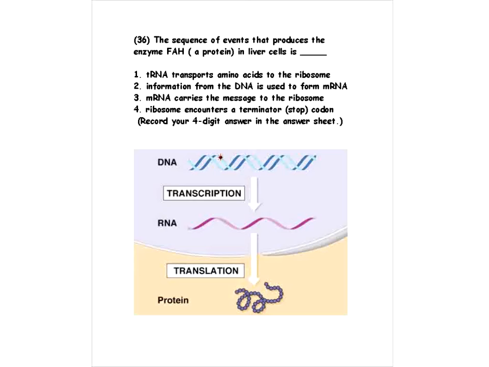So I'm just going to recap that first. We know that DNA produces RNA, and that's called transcription. Then RNA is used to produce proteins, and that's called translation. Another thing to remember is that transcription takes place in the nucleus of the cell, whereas translation takes place in the cytoplasm, at a specific place called a ribosome. These are the basic steps we need to focus on.